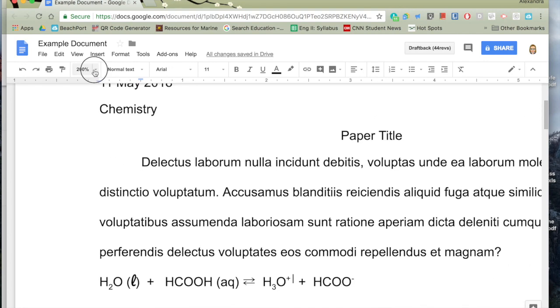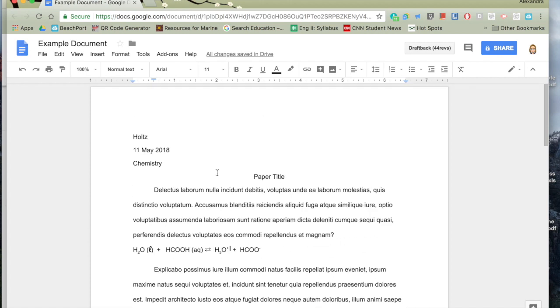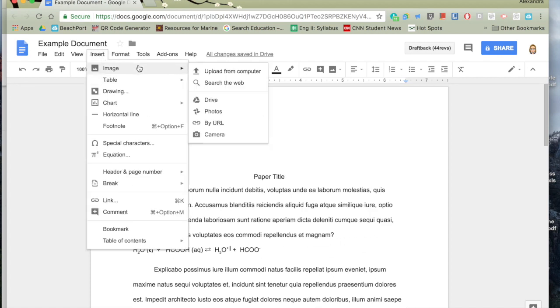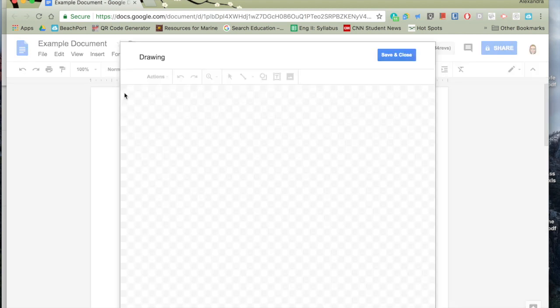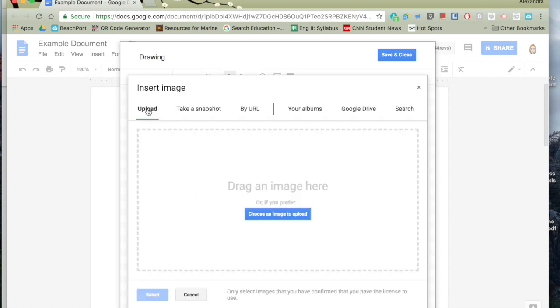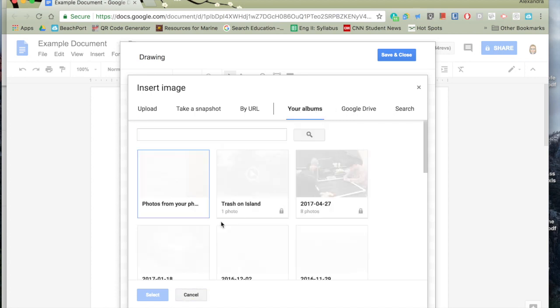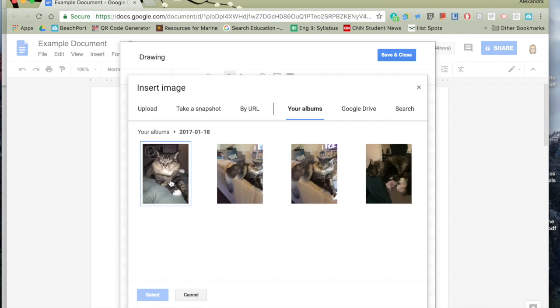Let's say next you would like to insert a picture. You can insert a picture directly in, but often it's best to have a caption with your picture. You'll want the caption to be kind of connected to the picture, so to do that, we're going to insert a drawing. So click Insert Drawing. And then in the drawing area, you're going to click this image button here. And from here, you can either upload a photo that you have in your desktop, or if you have them connected to your phone, it'll be in your albums, your Google Drive. So I'll just go into my album, insert a picture of my cat,